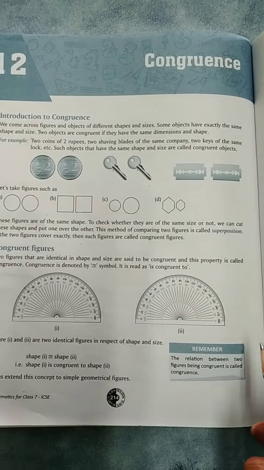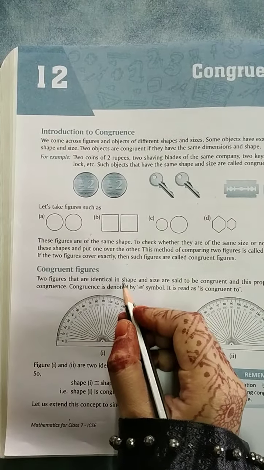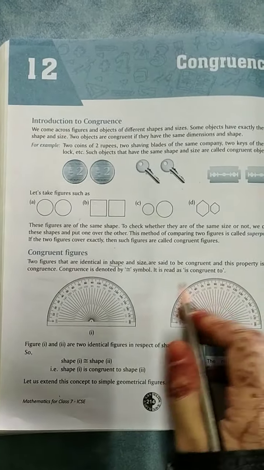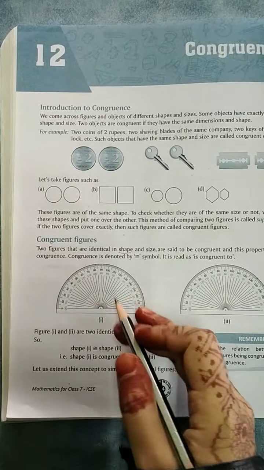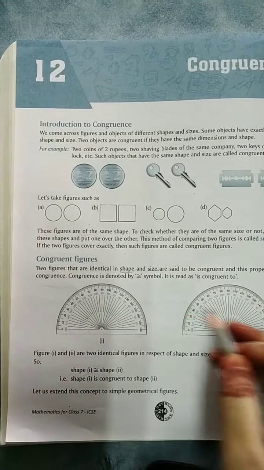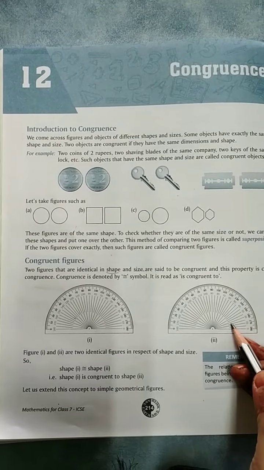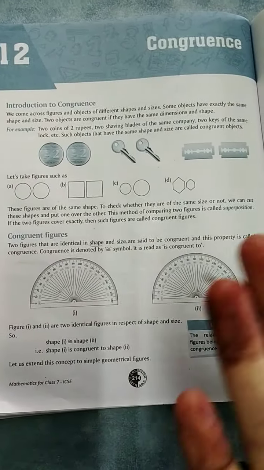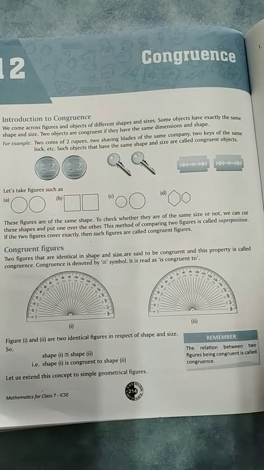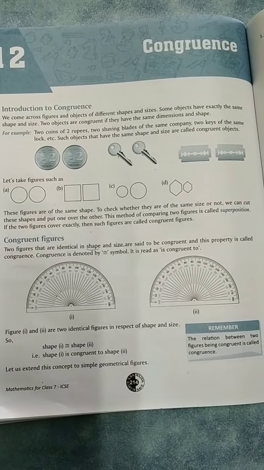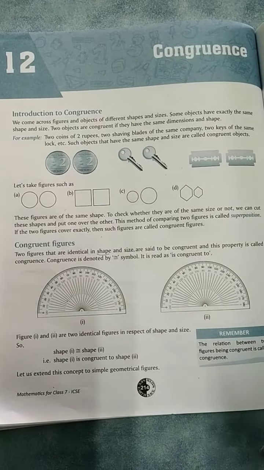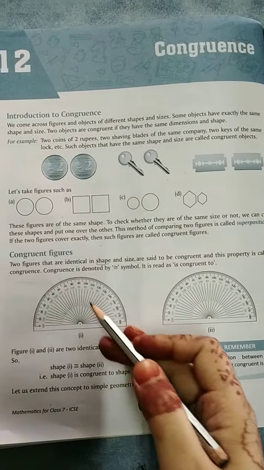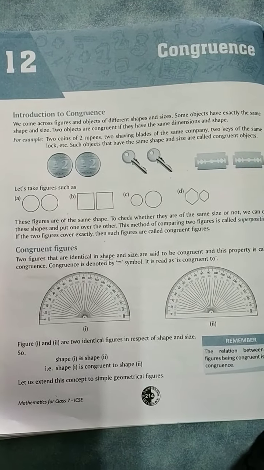So congruent means they should be identical in shape and size. Identical means should be the same. When you keep this thing over this thing, you will not be able to see this; you should be able to see just one. Or you can understand it by the palm of your hand. You can match your two hands, and you can see both are identical. When you cover one hand with the other, you can see only the upper one, you cannot see the lower one. It means they are congruent to each other.